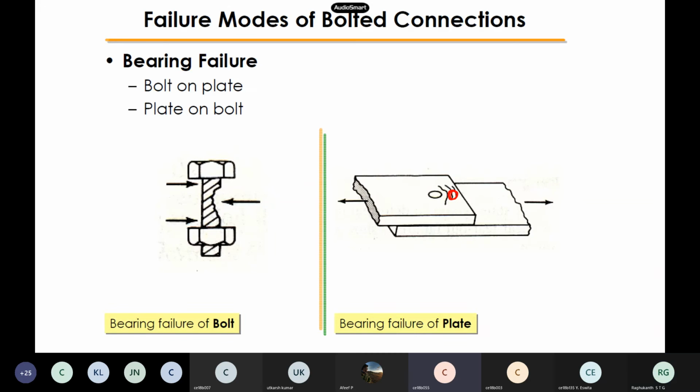Compression. So with what type of failure will you be having, if you have not provided a proper edge distance and end distance? We have seen that the plate gets... I showed you those videos. If the edge distance and end distance are not provided, once the plate starts moving here, you will see these types of failures. So it depends on your edge distance and end distance from this end also.